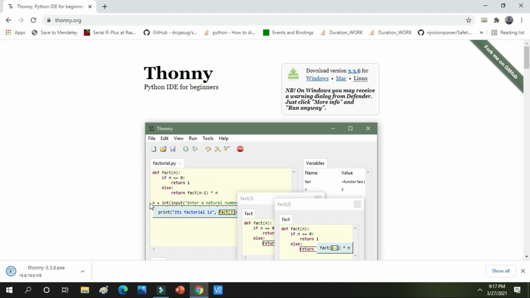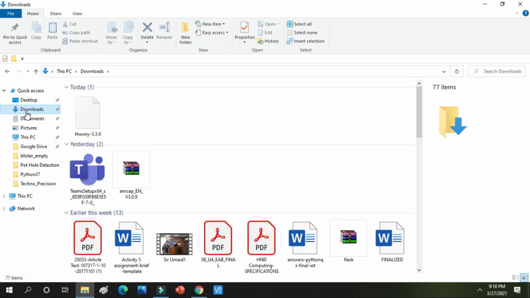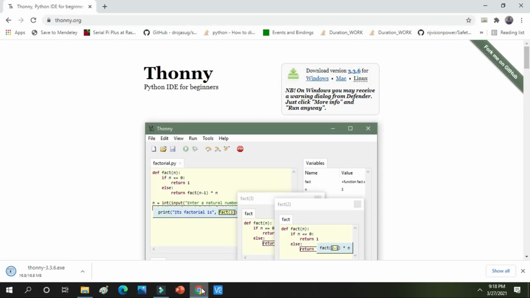So I think the setup has been completed. Let us move towards the downloads folder and check the installation file. So I am moving towards my downloads folder, and you can see on the top there is Thonny 3.3.6 because the setup has been completed, as it is showing completion right now.